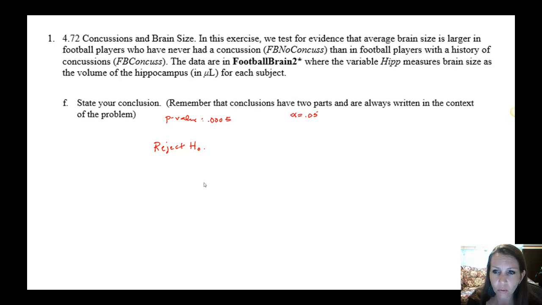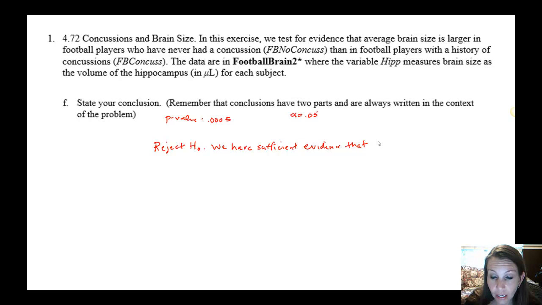Only we always want to write it out. We're not just going to use symbols or try and shortcut anyway. We actually need to write out in words what that alternative is. So if I reject the null hypothesis, that means that we have sufficient evidence for the alternative. So we have sufficient evidence